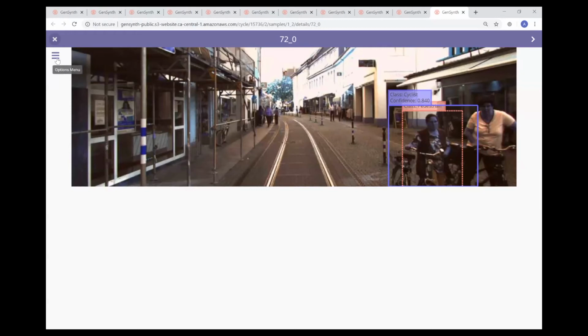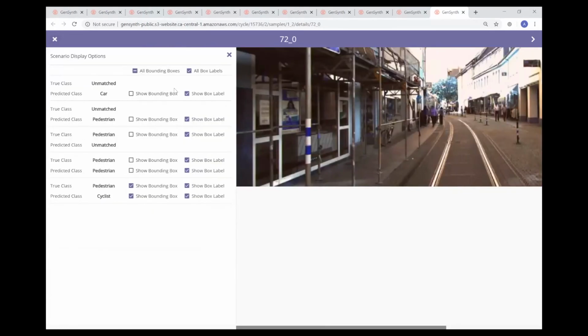And of course, as I mentioned before, because Gensive is able to decompose these scenes into individual components, this is just one of the many errors in this particular scene. So what I'm going to do is I'll click here. And now I'm going to look at other error scenarios. So for example, if I were to click